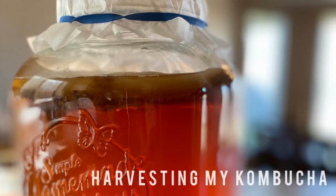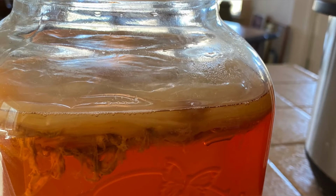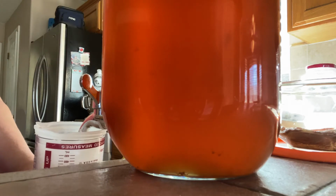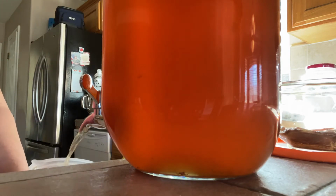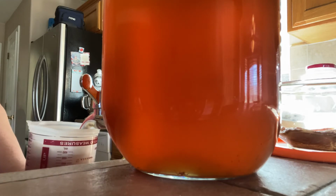Today I'm harvesting my kombucha, and I thought I'd take you along with me. This is the SCOBY that makes it all possible. Looks gross, but it is awesome. Here I am harvesting 2 cups of this kombucha to make my next batch